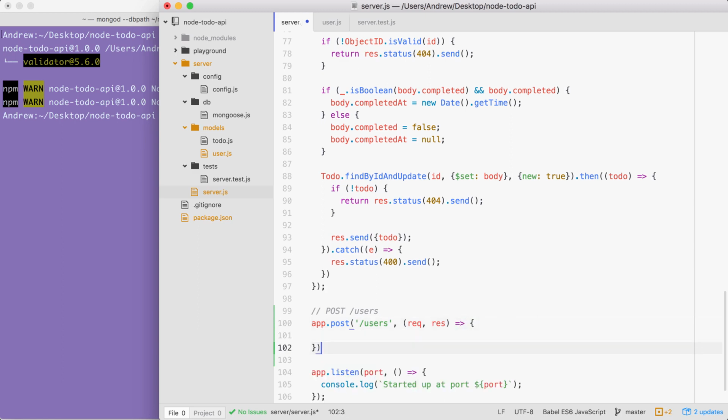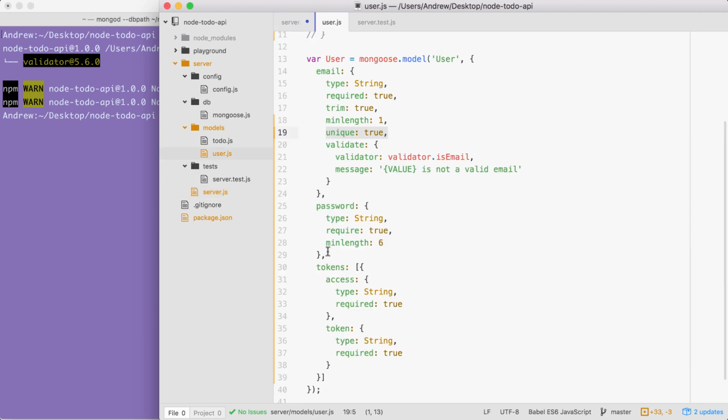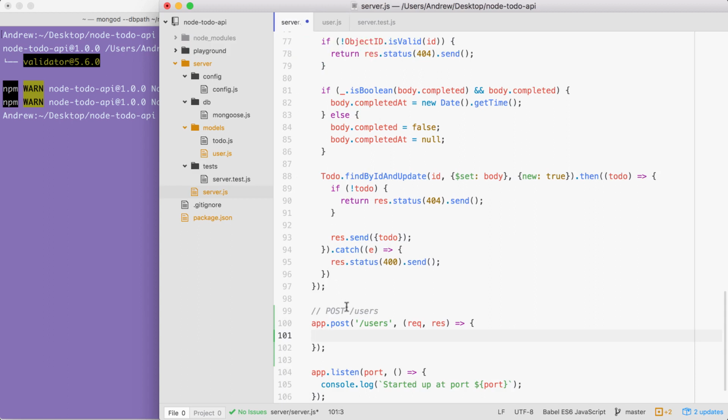Next up, what I wanted you to do is use the pick method available on Lodash to pull off the email and password properties. We're never going to let users manually update the tokens array. They're not going to be able to directly access or manipulate this. We're going to be manipulating this using a set of methods, which we'll explore a bit later. For now, though, all we're going to do is create a variable called body, setting it equal to the return result from